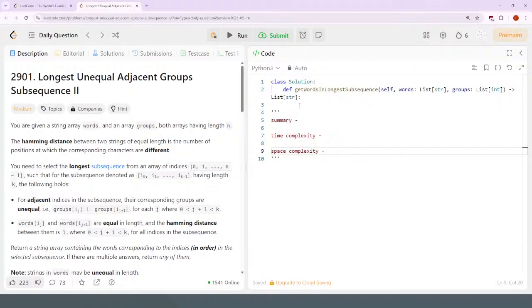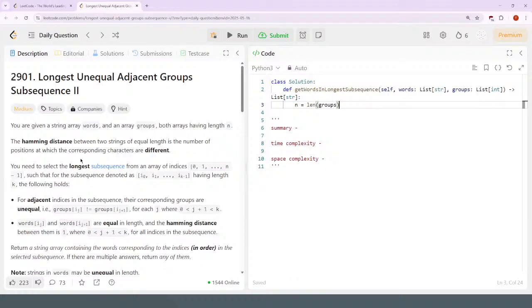Alrighty, so I guess the longest unequal adjacent group subsequence 1 is followed by the 2 version, medium. You're given a string array words and integer groups of length n, and the Hamming distance between two strings of equal length is the number of positions at which the corresponding characters are different. You need to select the longest subsequence from an array of indices such that the subsequence has length